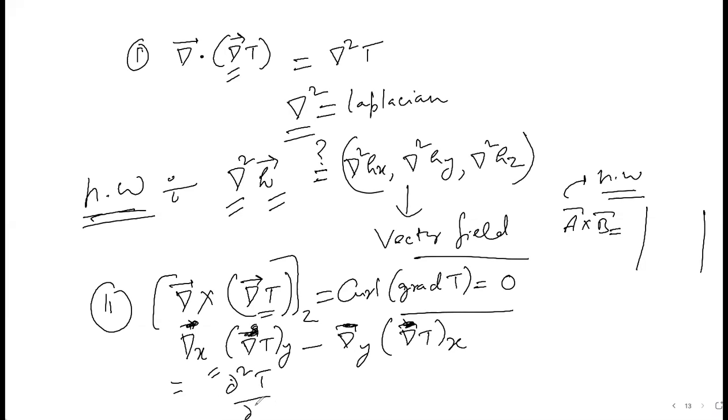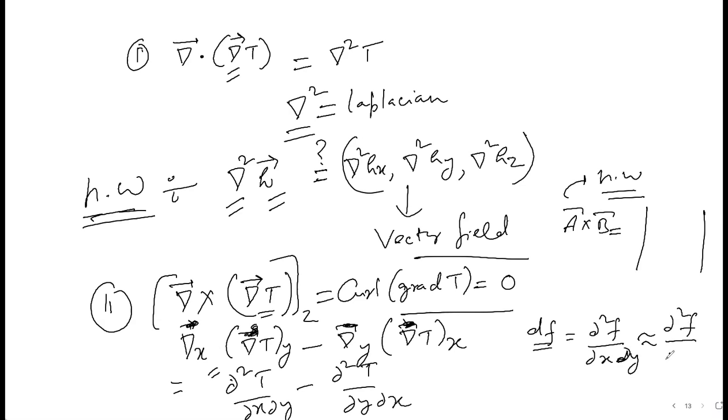Del 2t by del x del y minus del 2t by del y del x, right? So you see, while writing a perfect differential, we took some assumptions. And what are those assumptions? That for this to be a perfect differential, the second derivative should be independent of the order of differentiation. That's what it means. So these things should be equal, del y del x. That's the basic definition for a function to be perfectly differentiable, and that makes this quantity 0.